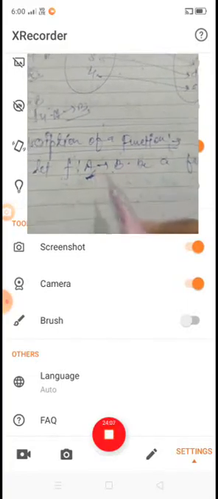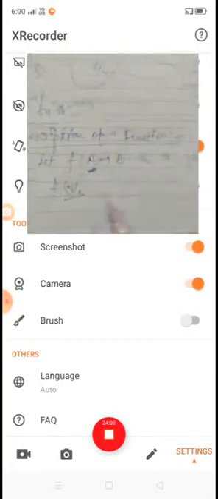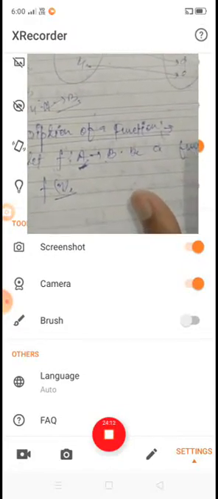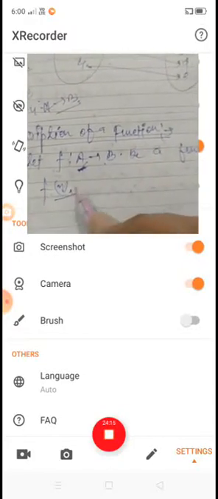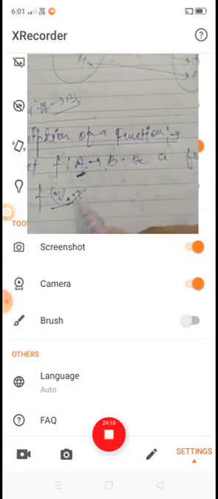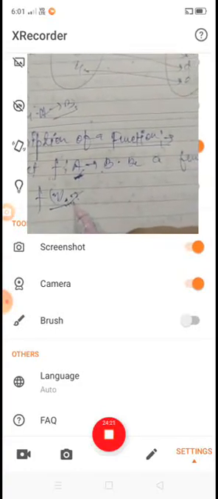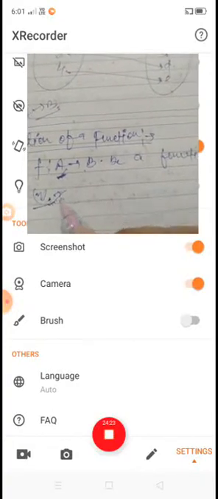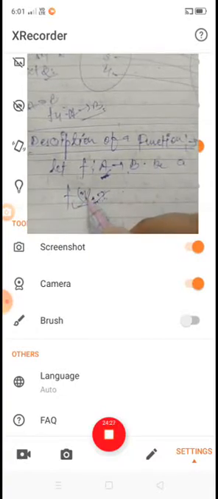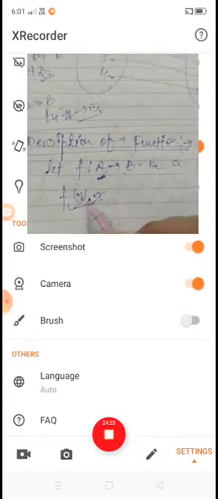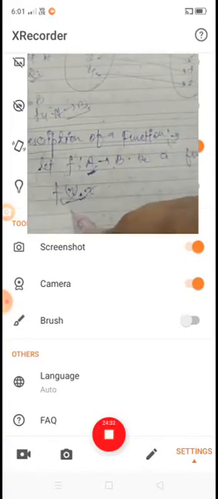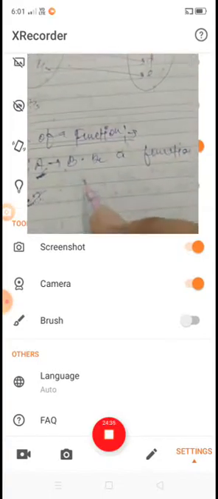Then f of x can be described by listing the values which it attains at different points of its domain.